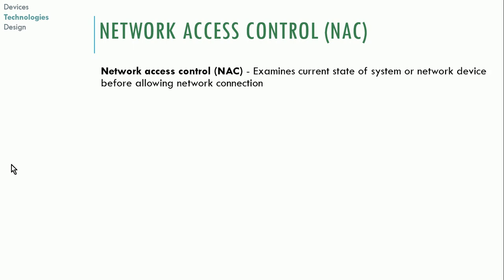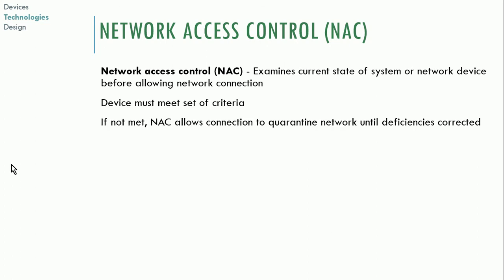So network access control, or NAC, basically is technologies that we can use to limit who can access the network. So we can create some kind of criteria or restrictions that, if those restrictions are not met, or the criteria